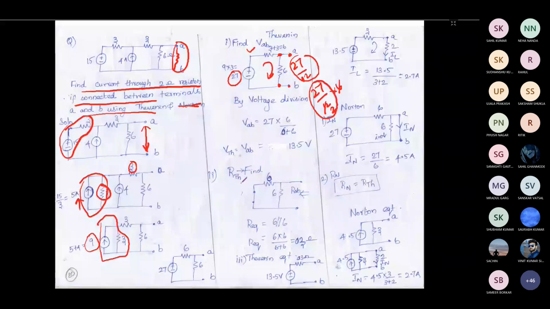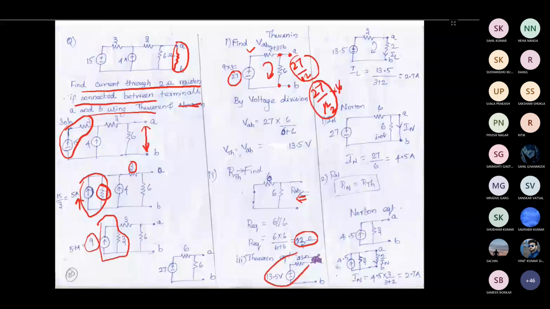Okay, so you have to find the R Thevenin. So for that, what you need to do, you have to short circuit the voltage sources and open circuit the current sources. So I have done it, and I have to find the R Thevenin from this side. So I have short circuited it. Then I have two resistances in parallel. Then the equivalent resistance will be 6 into 6 divided by 6 plus 6. That is coming as 3 ohm. So now if I draw the Thevenin equivalent for this, I will be getting a circuit like this.